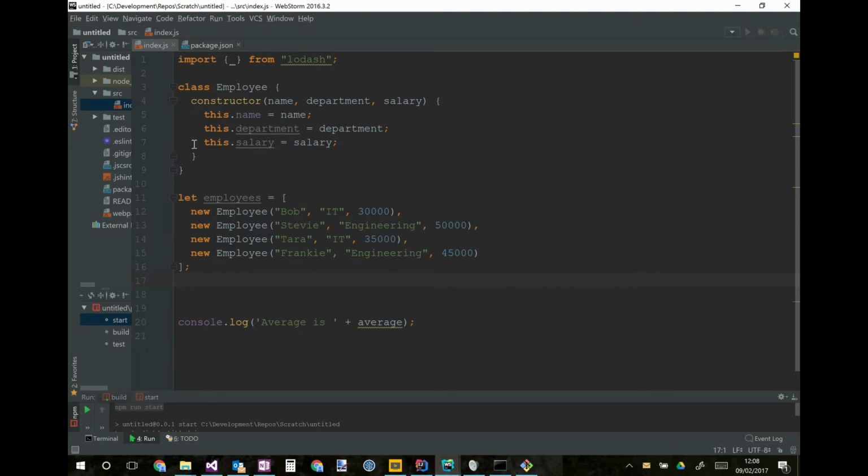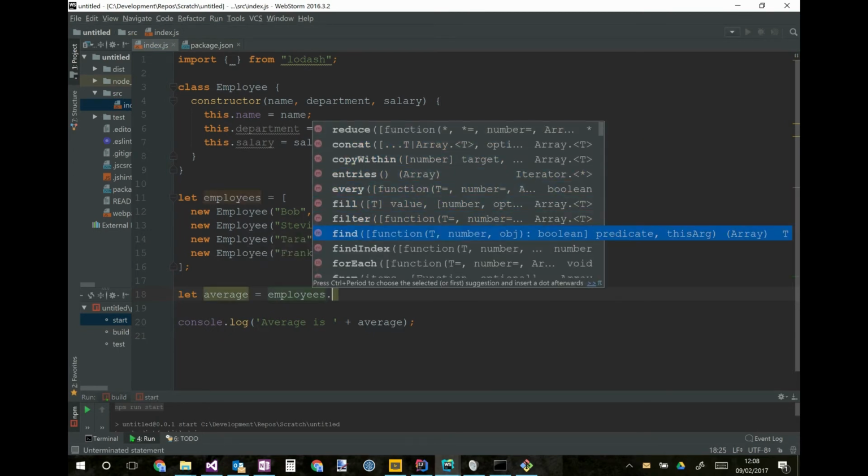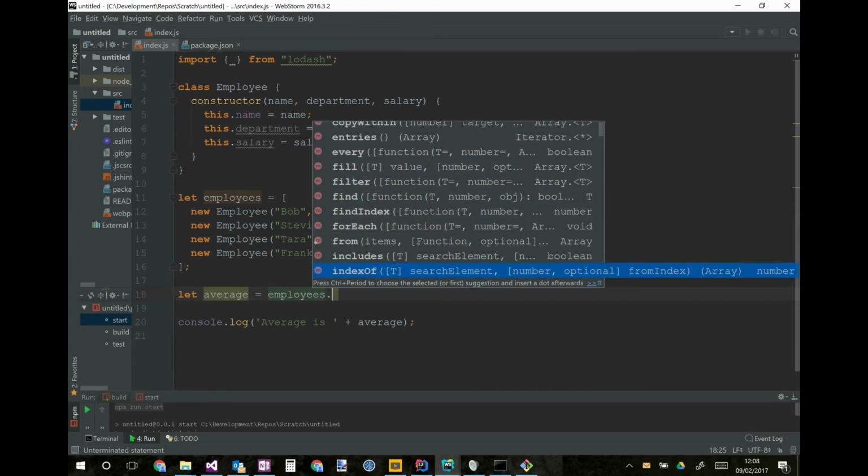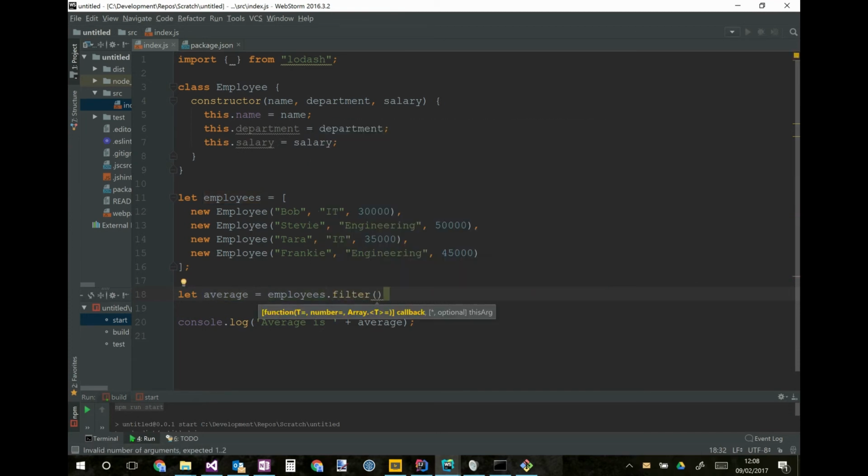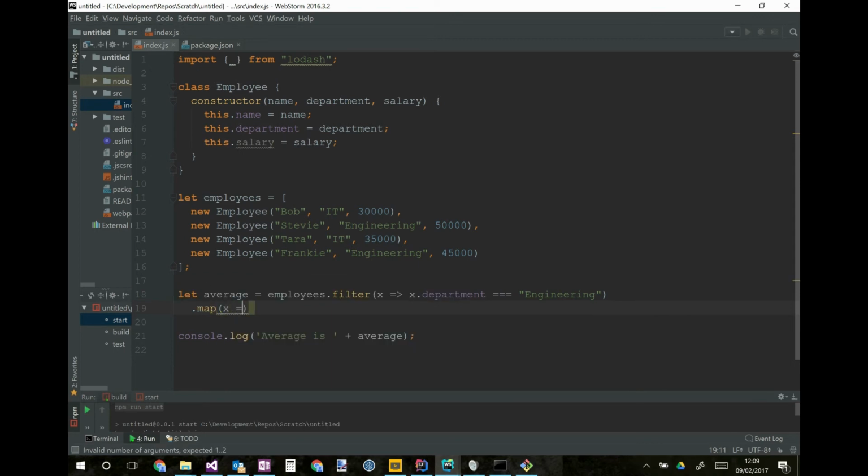I'm using ES6 capabilities here to create my employee class. I'm using let to create my block scoped local variables. And let's go ahead and start to calculate our average. So I can operate on my employees directly, and you can see here I've got quite a few functional operations available to me. So I'm going to use filter. I'm going to use the arrow notation to create an inline function, which is going to be the predicate for our filter. I'm going to say, give me the employees filtered for the ones that are in the engineering department. Then from those employees, map to their salary. And that's as far as I can get